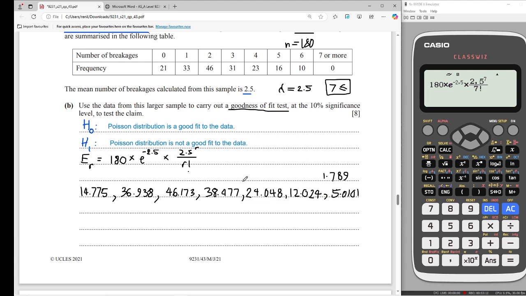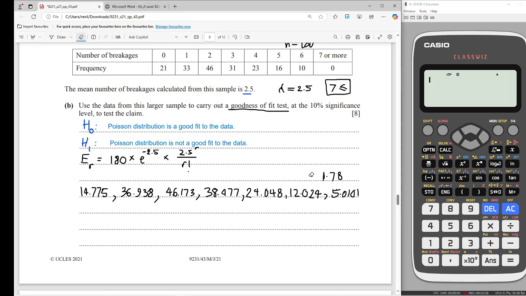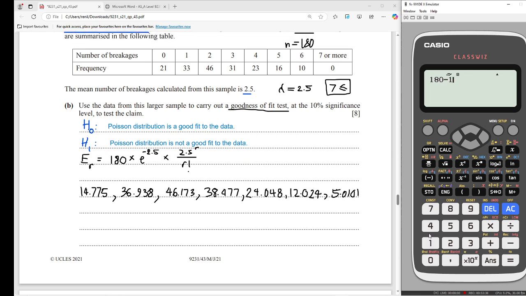Okay. So first of all, when we have 7 or more, I realize where my mistake is. We cannot calculate when 7 or more because it can take any value. This Poisson distribution won't work out there. So what we have to do is add up all these values, and all these values plus 7 or more will be equal to 180. So we just need to subtract all these values from 180. So it's 180 minus 14.775 minus 36.938 minus 46.173